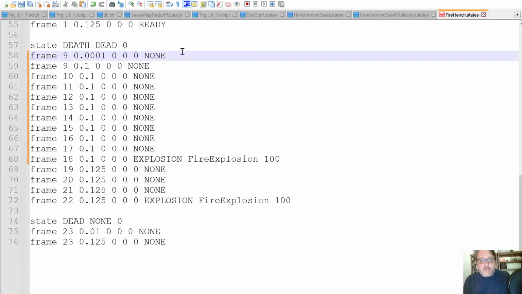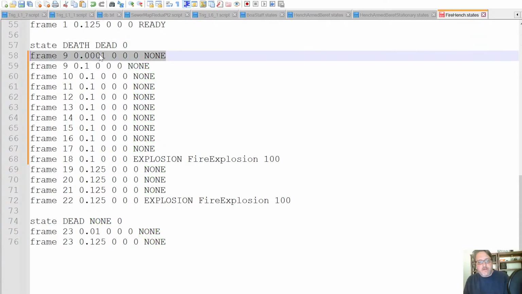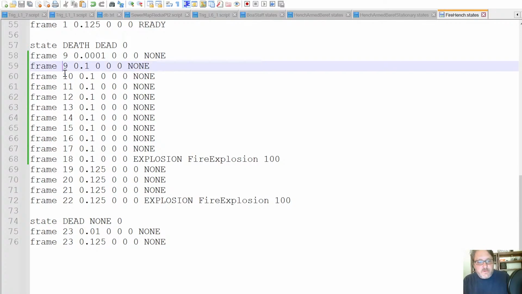The first frame, it can't do anything. It's the weirdest thing. It's basically a throwaway frame. So I usually just set it to like 0.0001, so it moves through so quickly. But it goes through these frames, frame 9, 10, 11, 12. And these are just animations when she's dying. And she's looking around, and she goes,